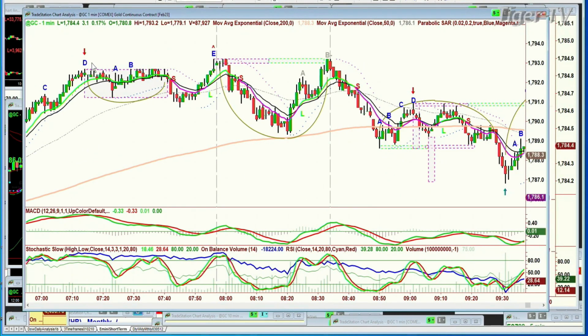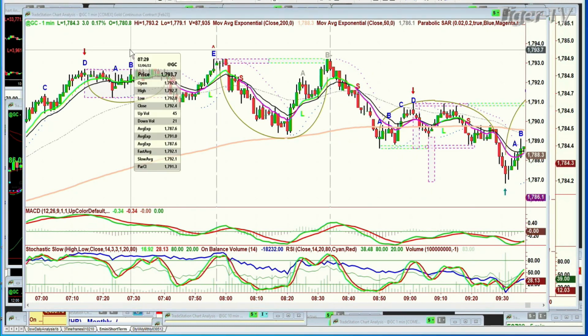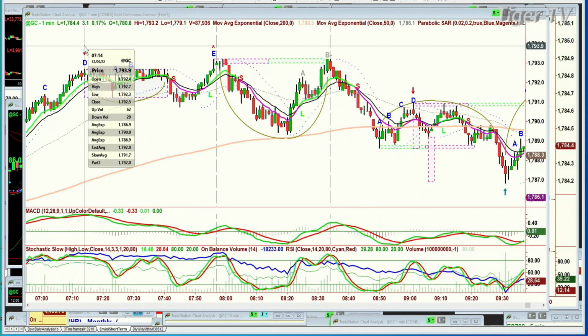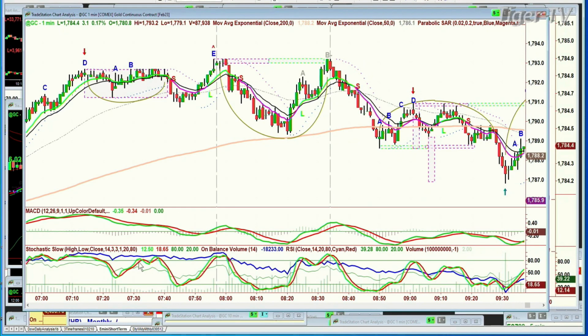First of all, that peak D that was made in gold at 7:10 this morning, there's a continuous contract, just kept failing to break to a new high. Look how many times over a period of about 20 minutes or more, it kept going to the high that was made at this peak D at 7:14 at 1792.7. The MACD was turning down, stochastic was turning down, and then the rally that formed had the MACD deflect lower. It didn't cross positive as the stochastic very briefly went above 80%. And look, the green for the 9-period moving average, it failed.